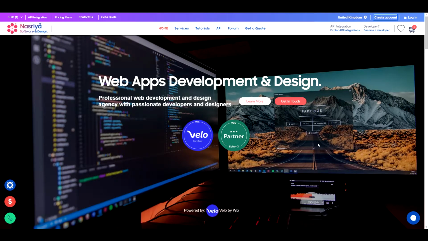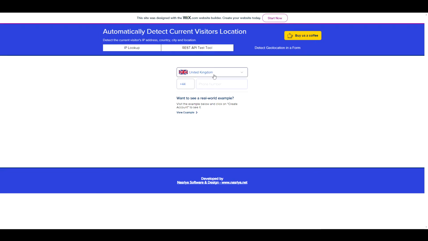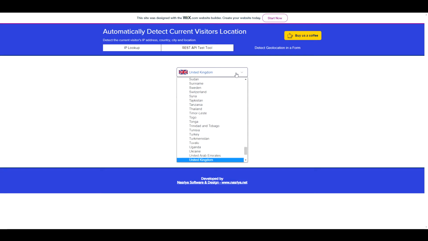Hello everyone, in today's video I'll show you how to get data from a third-party server using HTTP REST APIs and use the retrieved data to detect which country the site visitor came from. I will also show you how to use this service to automatically select the visitor's country from a drop-down menu